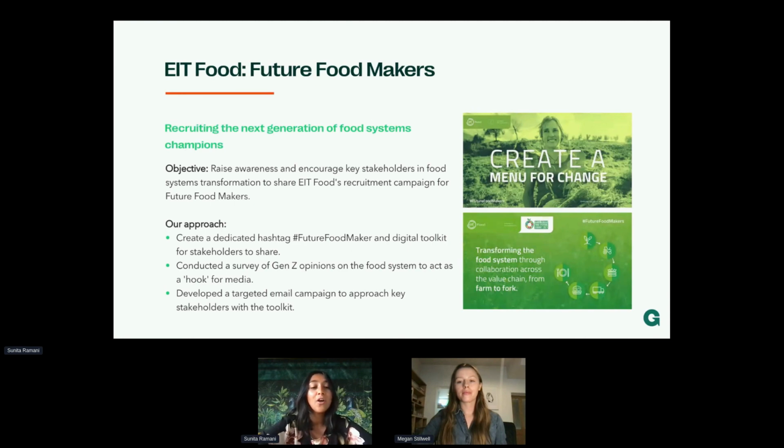So what was our approach? First of all, it sounds simple, but it was really making sure that we created the right hashtag, as well as a digital toolkit for stakeholders to share. It's worth mentioning because a digital toolkit has come up in quite a few of the campaigns that we've talked about, in case you might not be aware of what a digital toolkit is or what might be included in one. This is usually some form of toolkit which could contain, for example, template social media posts for whatever social media channels you would prefer your audience to share your campaign on. Meg mentioned earlier about picking the right social channels depending on who it is you're really trying to target. So you might produce template posts for Twitter, Facebook, Instagram, LinkedIn.